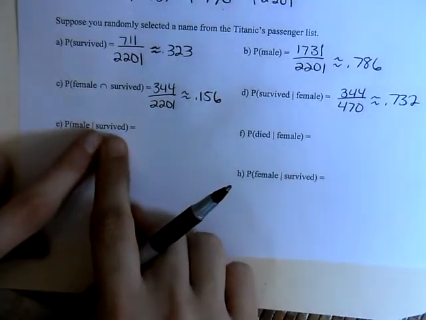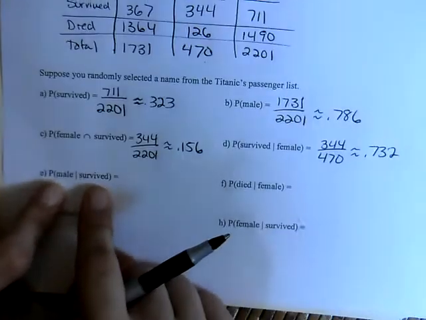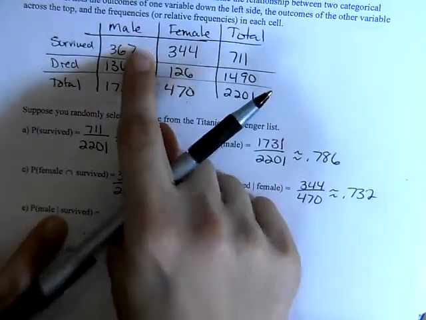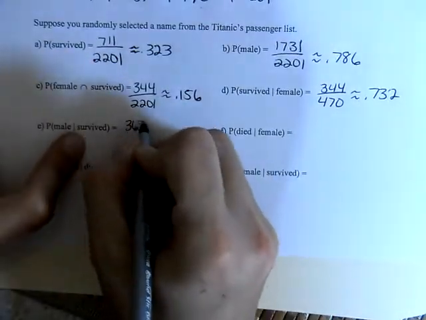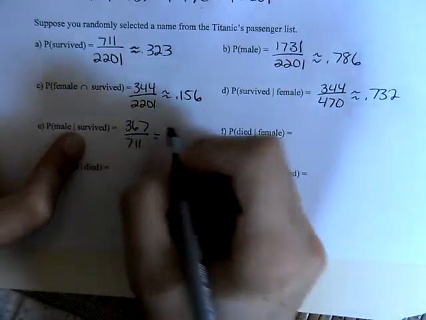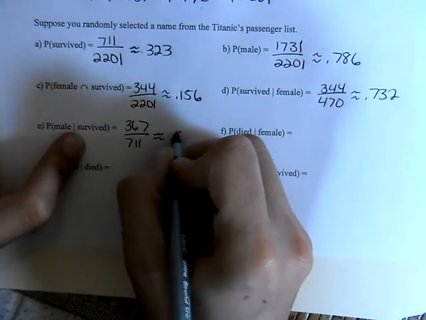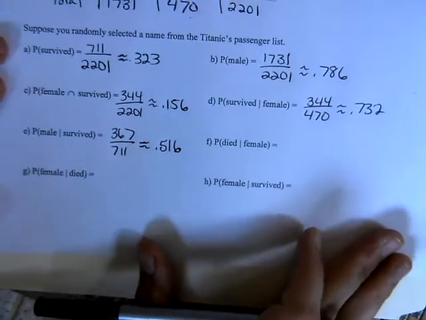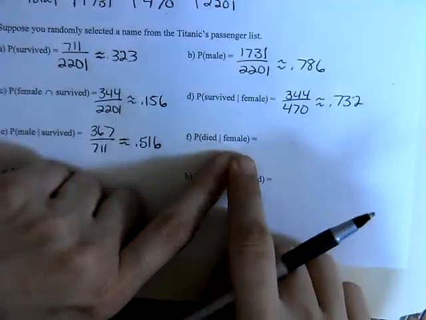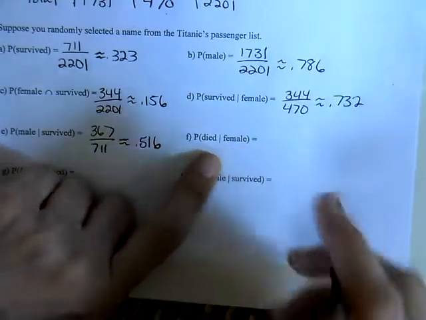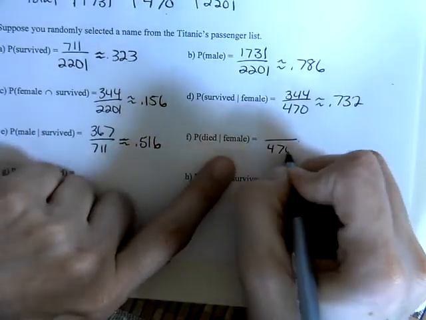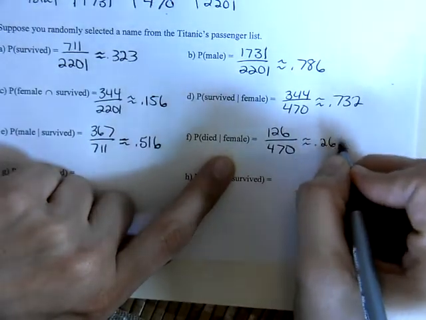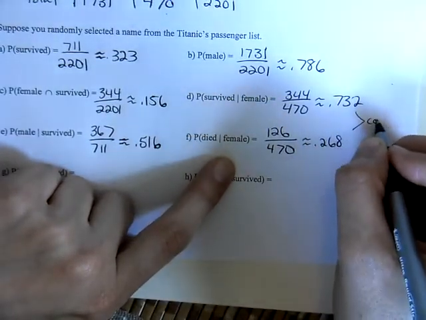Now, what's the probability, given that they survived, that they were male? So we're looking at all the survivors, the probability that they were male. So 367 over 711, about 0.516. What's the probability that, given that they were female, that they passed away? So again, out of all the females, I had 126 pass away. It's 0.268. These two are actually complements of each other